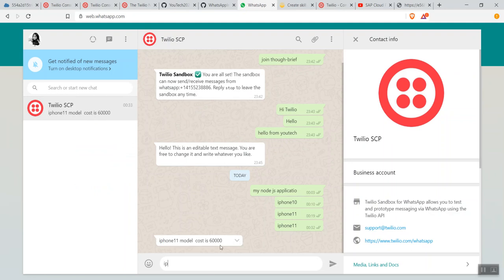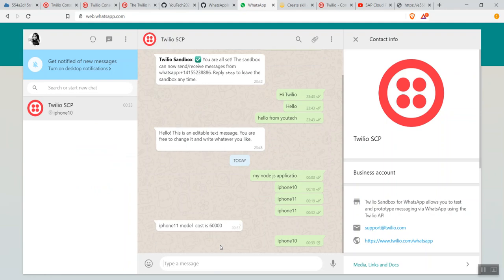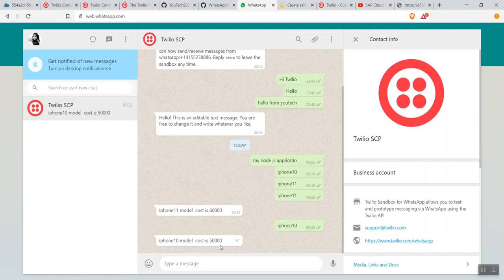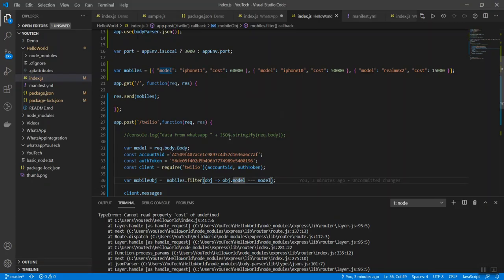Quickly check what my iPhone 10 model cost is. So the iPhone 10 will be received by our Node.js application. It will filter the array and send the cost of this particular model back to our WhatsApp application. Right now I'm using the business WhatsApp application. It's up to you guys, you can use your regular WhatsApp or business WhatsApp. So this is how we can integrate